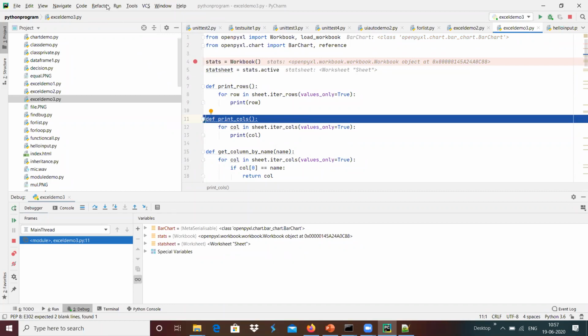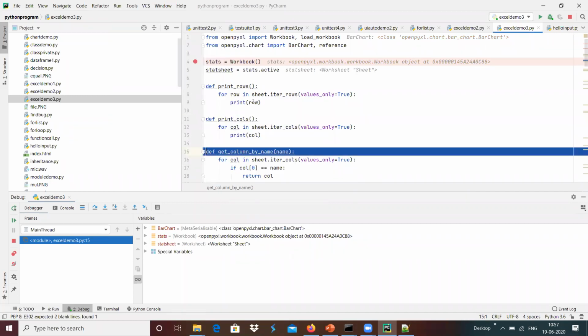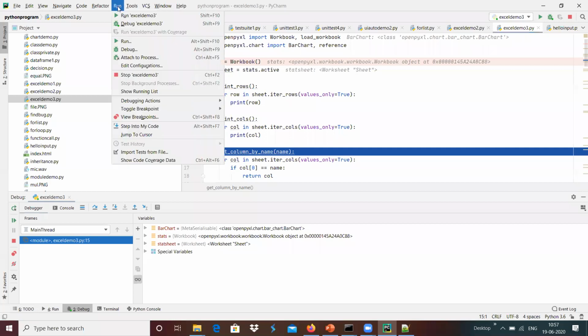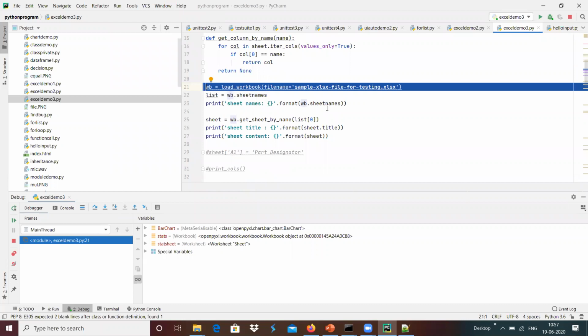It does not go into the function. We have not called that function over here. Because of that, it does not get into that function during the debugging. And whenever we do the next step over, it goes to that next function's starting point, and it moves forward. Yeah, it reaches over here without going into that function, and it got the output.